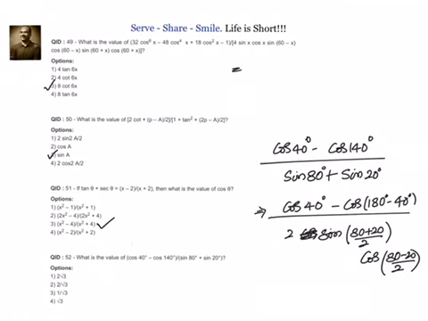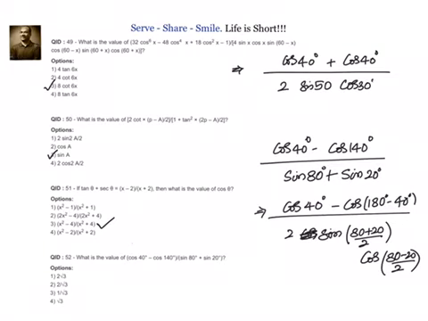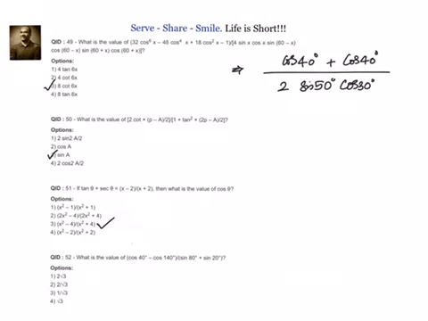Let's go to the next step. In the next step we will write down, you know cos of 180 minus theta is minus cos theta. So can I write down cos 40 plus again cos 40, because cos of 180 minus 40 is minus cos 40, minus of minus is plus, and we have sin 50 in the denominator, with us also is cos 30 degrees. Now let's try to simplify that. That will be equal to